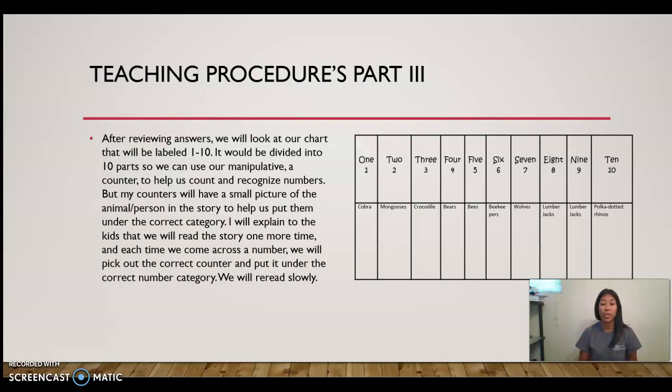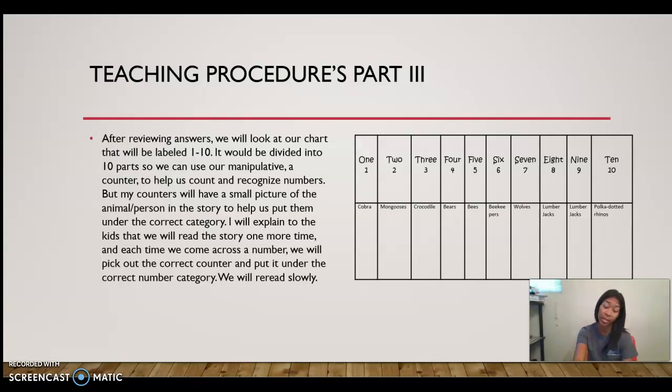And I want the kids to be interactive with me while we read the story. I would like for them to take that counter and tape it to where it goes, under which number, under which spot for our chart together. So we will try and read it very slowly so we can all have a turn to be able to put it up there